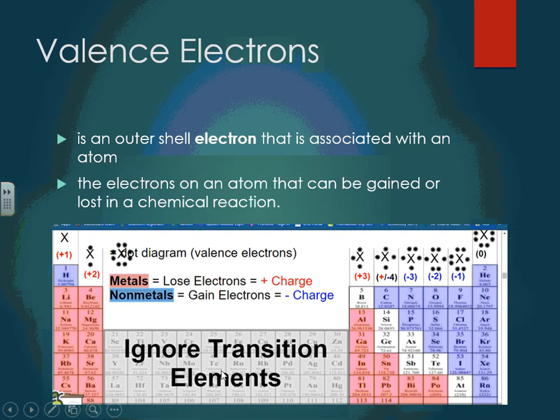We skip through, ignoring the transition elements, mainly because they have a propensity of having varied instances of different charges of maybe +2, +3. You can see there's going to be a myriad of different options for some of those elements. But when we look at this group here, and remember these ones in pink and blue and white here, these are going to be our main group elements. They exhibit changes in their structure by losing or gaining electrons, and they give up